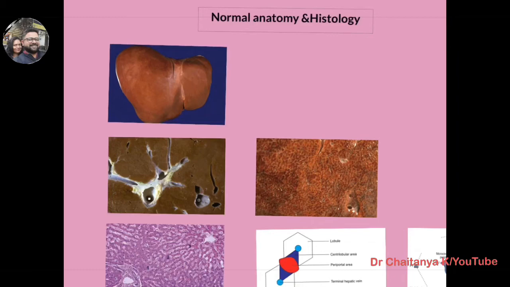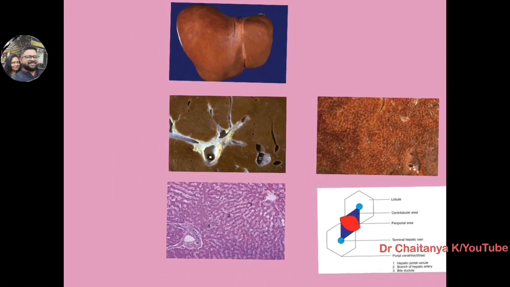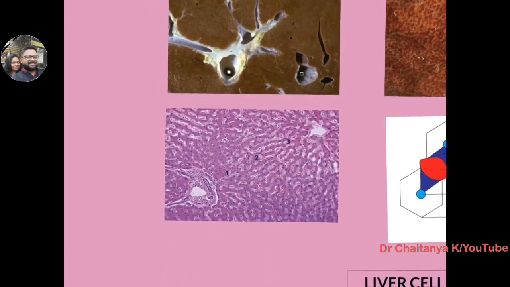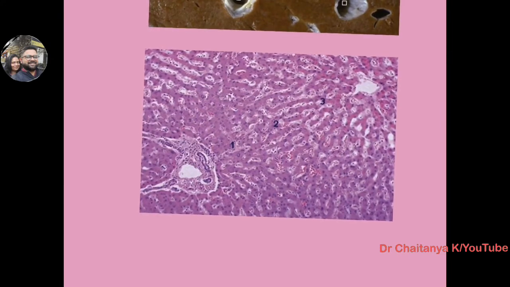This is the normal anatomy of the liver, showing 1.5 kg of liver which is brownish in color and has an intact capsule externally. On the cut section you can see the liver is brownish in color, with portal tracts and different types of central veins. On the histology you can see the three things I am talking about: the centrilobular, periportal area and the mid-zonal area. So which are they?